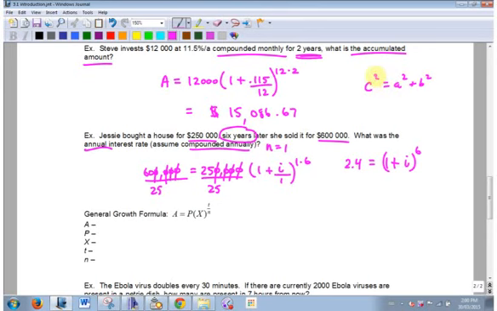How do I get rid of this 2 here when I've done all this, and that's, I don't know, 48.6? Yeah. Okay, because that kind of cancels this out. Well, how do I get rid of this 6? Take the 6th root. Whatever you do to one side, do to the other side. So the 6th root of the 6th power is nullified. So I just have 1 plus i is